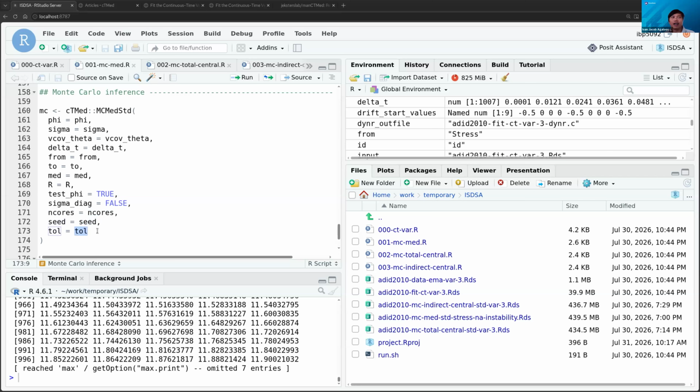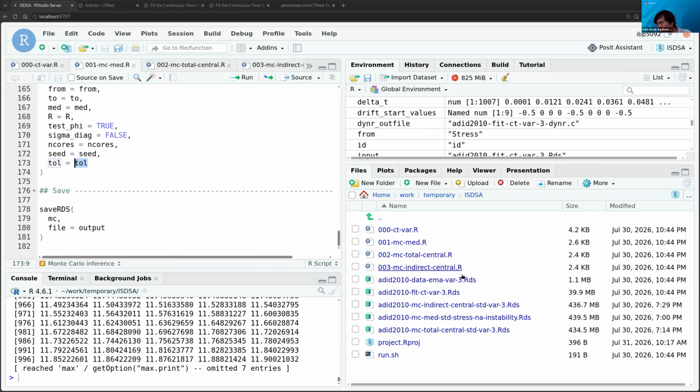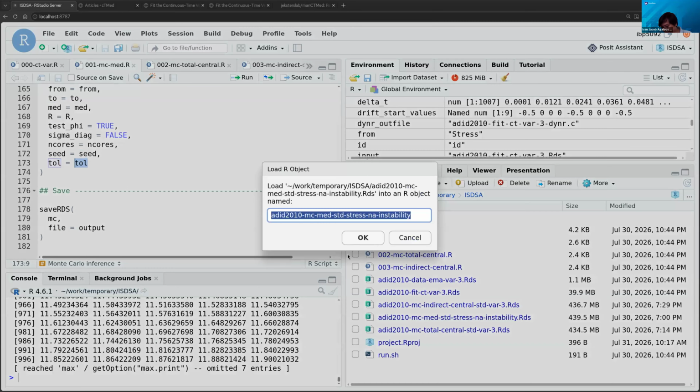Tolerance is there because it's not going to do 0, since if you multiply a drift matrix by 0 and take the exponential, it's not going to work. So the tolerance value is the smallest value for a time interval. I put here 0.001. So from 0.001 until the largest time interval, which is 12. I'm not going to run this because it might take a while, but I'm reading in the result.